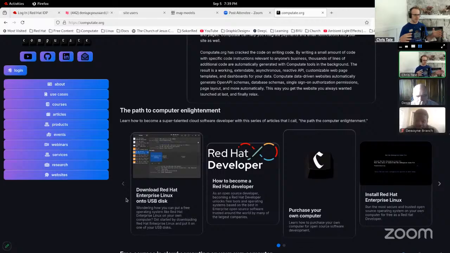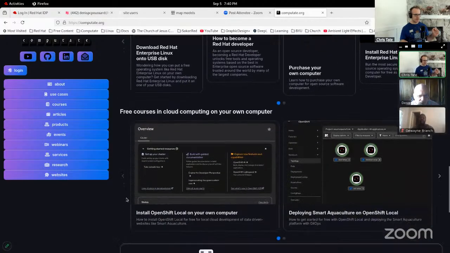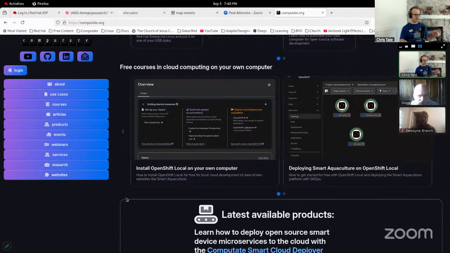We can go through these in more detail later, but you've already gone through the steps of downloading Red Hat Enterprise Linux on a USB disk and installing Red Hat Enterprise Linux. So now let's go down to the next section. Free courses in cloud computing on your own computer. So starting with install OpenShift local on your own computer, go ahead and click on that link and it's going to take you